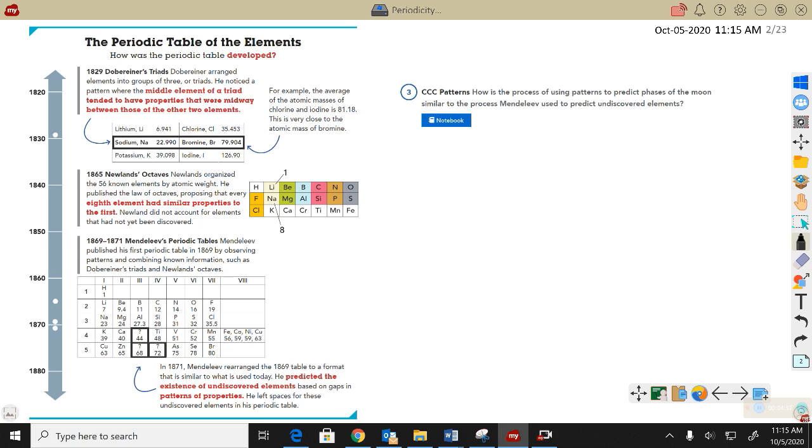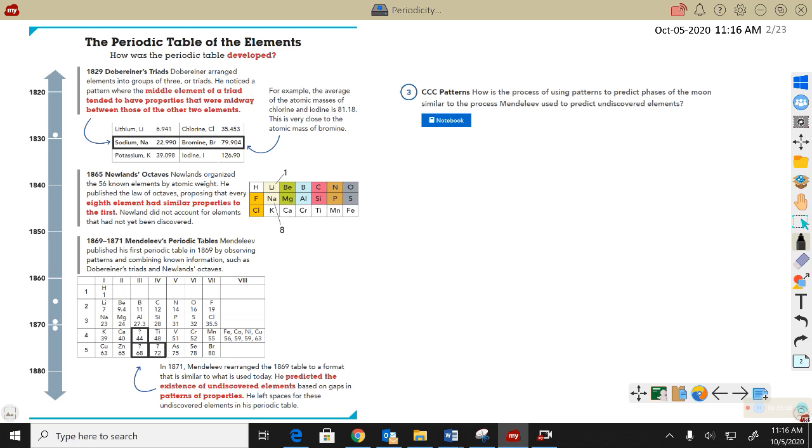So the earliest known periodic table came from a guy named Wolfgang Dobereiner, a German chemist that organized the elements that they knew of at the time in triads. And so he just found groups of 3 elements that seemed to have really similar properties and grouped them together. Now, the key is that